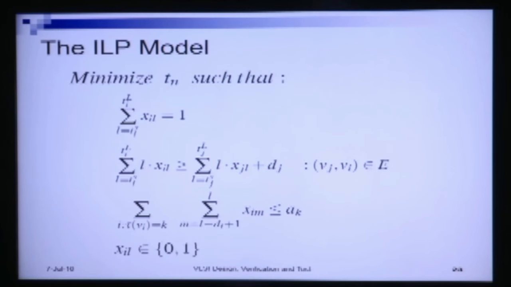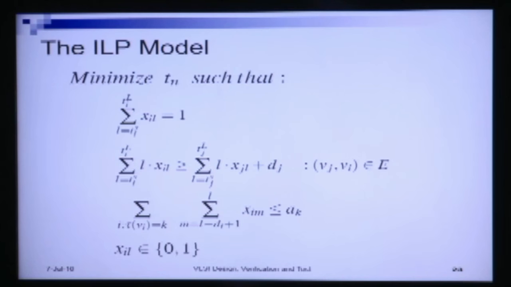Now, the formulation will first have an objective. Here we have put the objective as to minimize Tn, that is the start time of the sink node or the nth operation. If we minimize the start time of the sink operation, that means we are basically minimizing the length of the schedule, right. So, the final formulation becomes minimize Tn such that, and Tn can obviously be alternatively represented as summation l equals Tis to Tns to Tnl